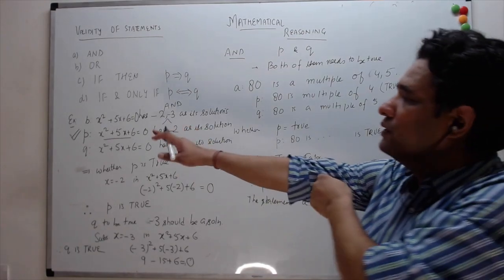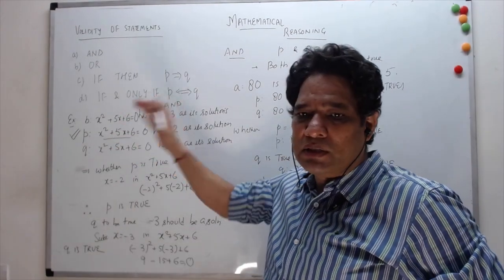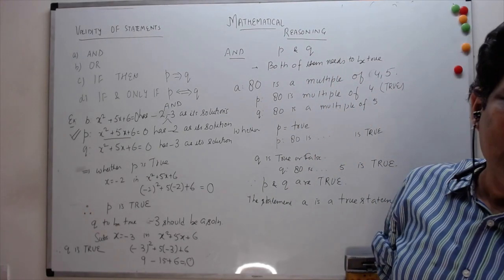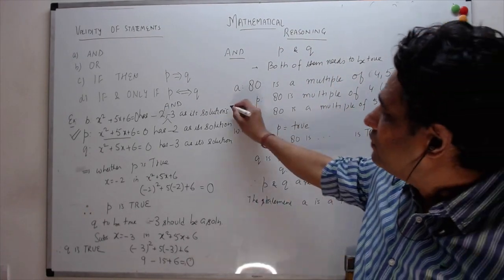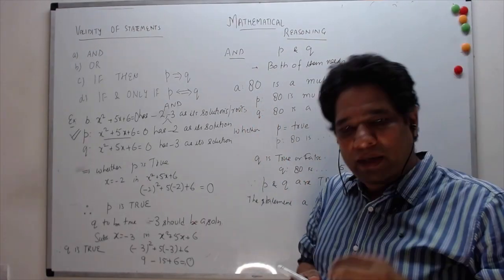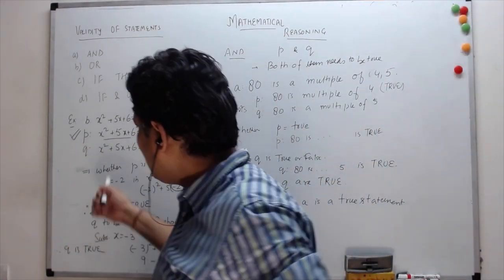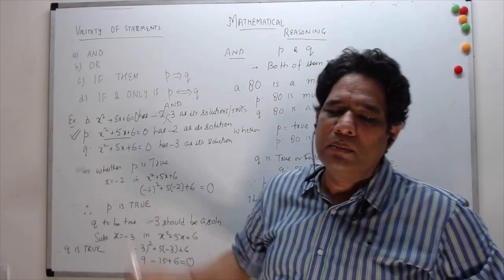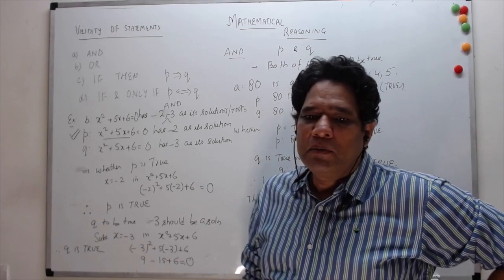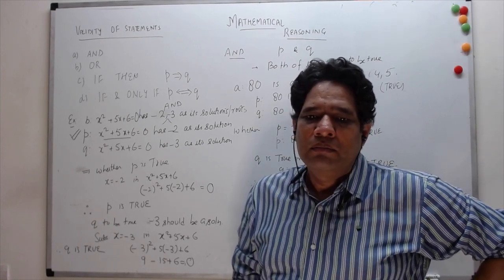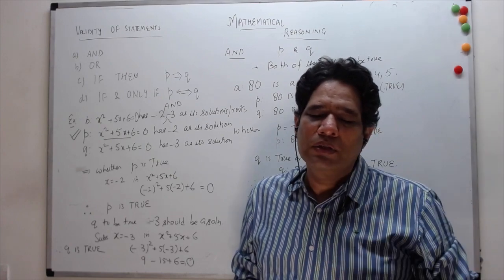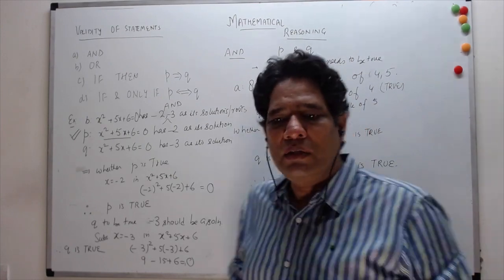statement B, which is x squared plus 5x plus 6 equals 0, has minus 2 and minus 3 as its solutions. Or we could have written an alternate word, roots. Yes, we can do that. How we approach this particular problem can be varied. It doesn't really have to be one single way. Whatever techniques we are aware of to get to the root or a solution is something which is possible.